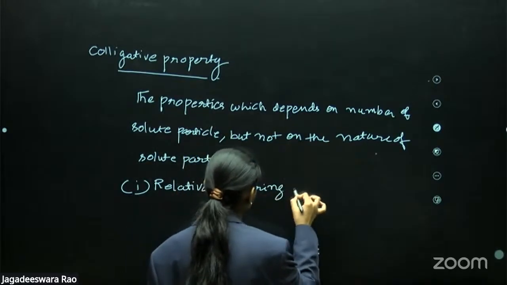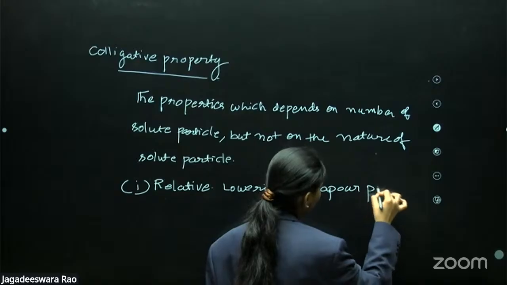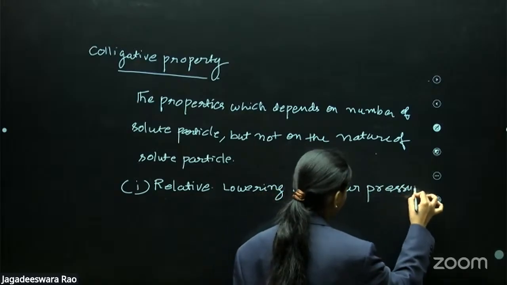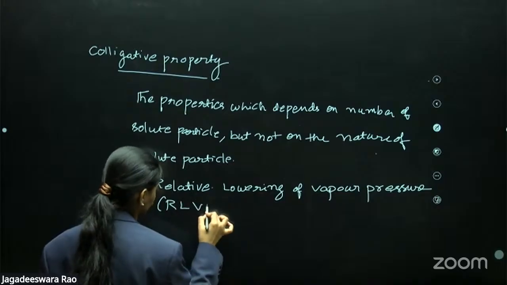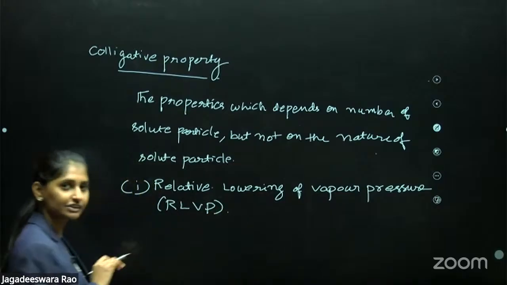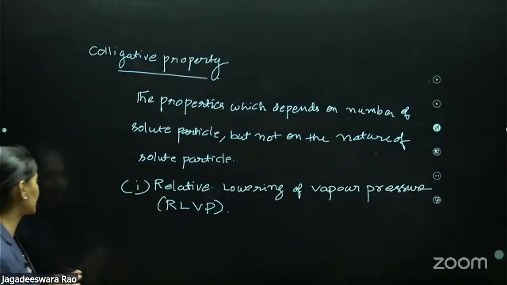Relative lowering of vapor pressure, which we also call RLVP. Understood? RLVP is nothing but the relative lowering of vapor pressure. So then the second one